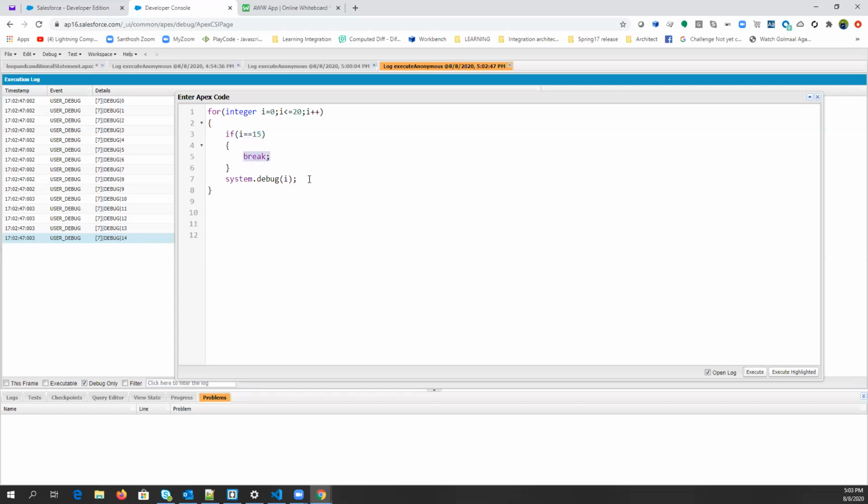And what is continue? So let's say you want to print all the values from 0 to 20, but you just want to skip the value 15. Then you can simply write continue. Continue is just to skip a particular value. Just see.